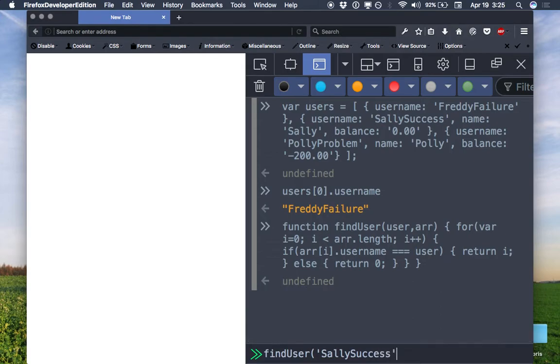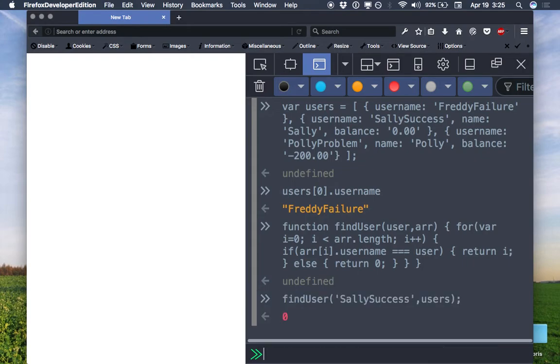And we want to find her from our users array. So we have to pass in that variable that we assigned to our array. And it comes back 0, which is not correct, right? Because we have 0 elsewhere in our,